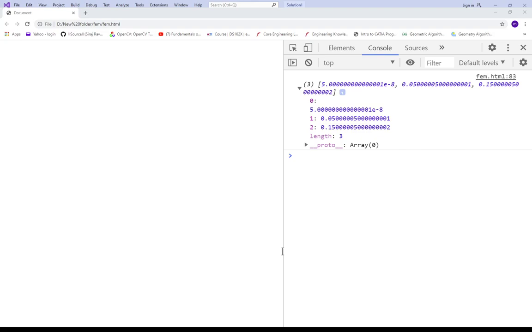Q is capital Q. Q of I plus 1 represents Q2, and Q of I represents Q1. When I changes, this becomes Q2, Q1, then Q3, Q4. So in this way I am going to get the sigma.